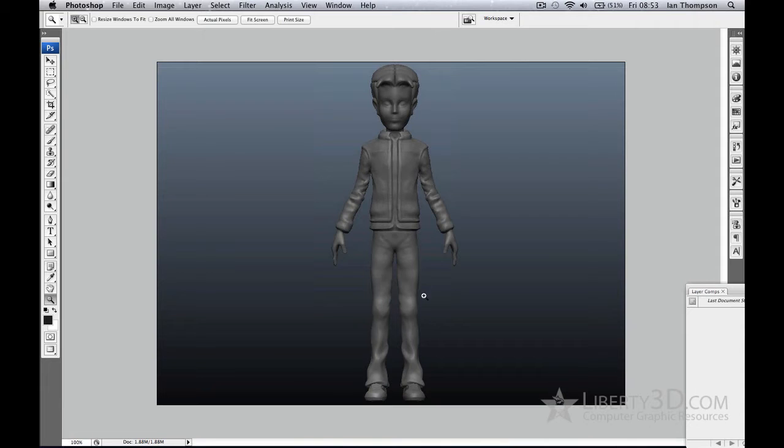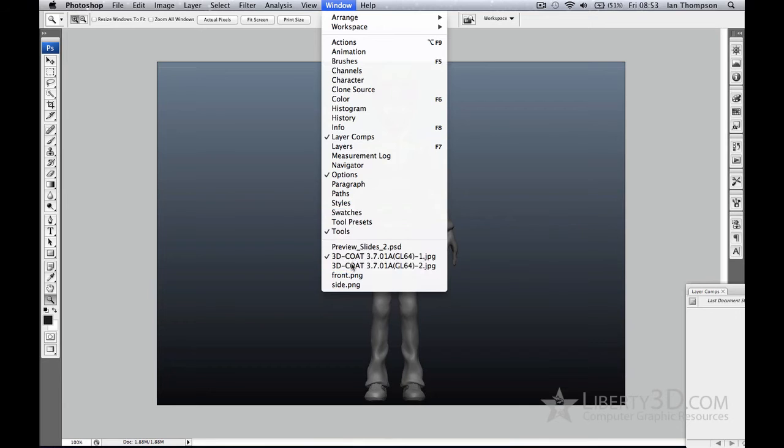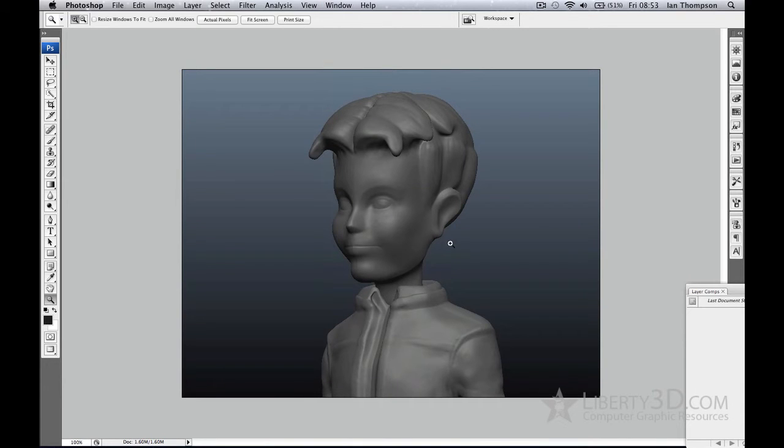Here's another example, this character. We've got a much more stylized character here than the cartoonish style, but I would still say it comes under the heading of cartoon, a cartoonish type look. You see a closer up version of this character here,